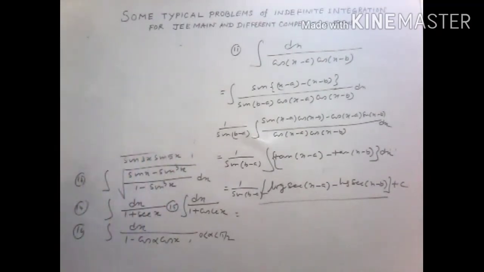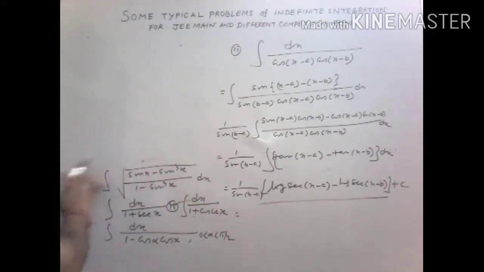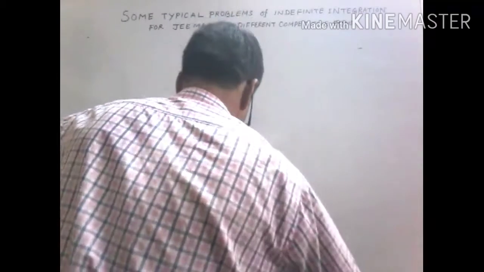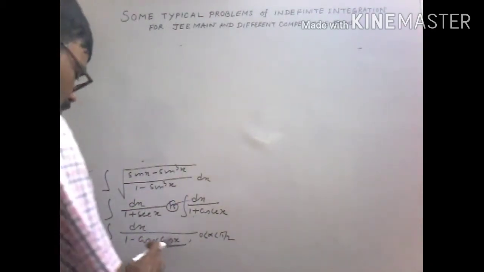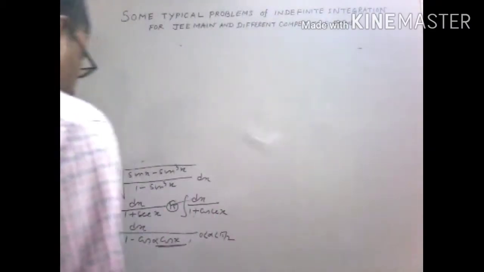Now look, this one. These are very simple problems, dx by 1 plus sec x, dx by 1 plus cosec x. These are also simple, 16 also simple. Look, this is trigonometric integration. You have to express cos x for this one in terms of tan x by 2 and then put tan x by 2 equals z. You know it. So these are both problems. So 13 also. 13, 14, 15, 16, they are of the same type.